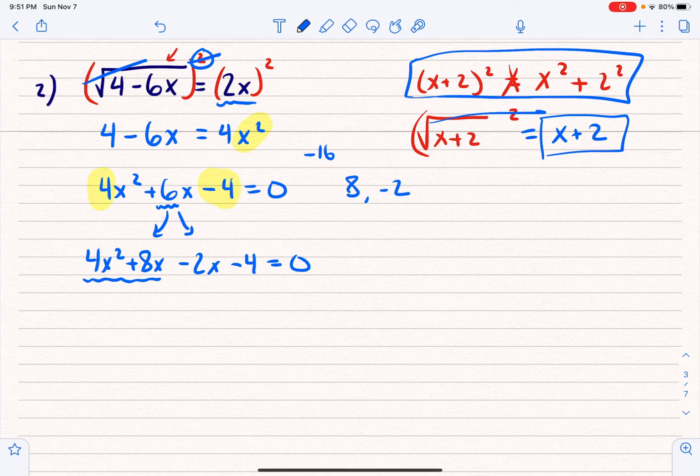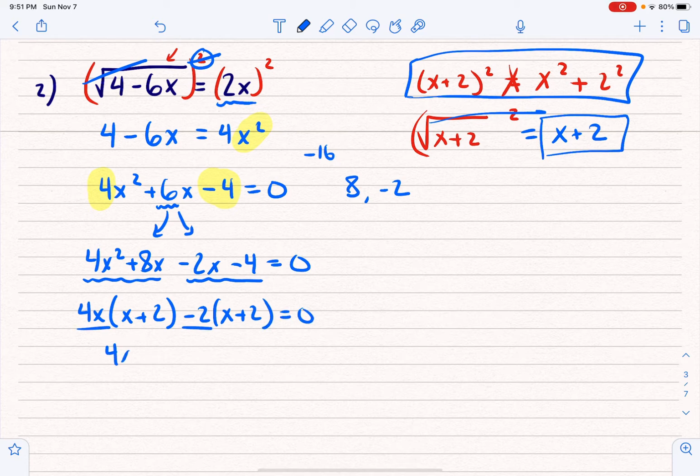I factor both of these. This is factor by grouping. So factor both of those. I can take a 4x out, which leaves me with x plus 2. Out of these, I can take a negative 2 out, which leaves me with x plus 2. And now I have 4x minus 2 times x plus 2